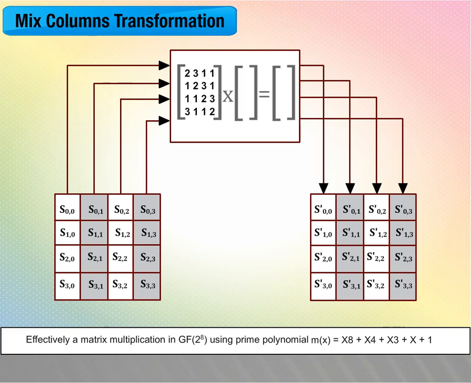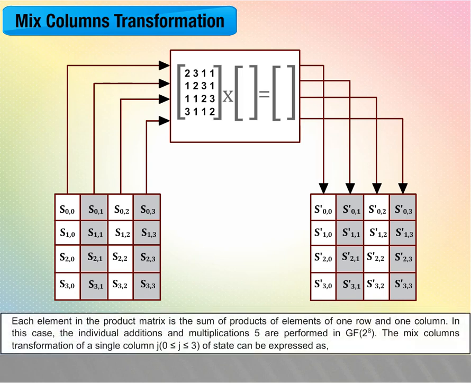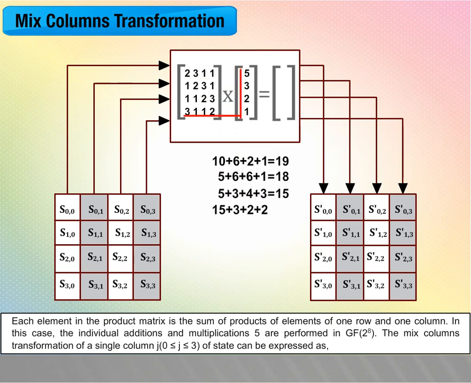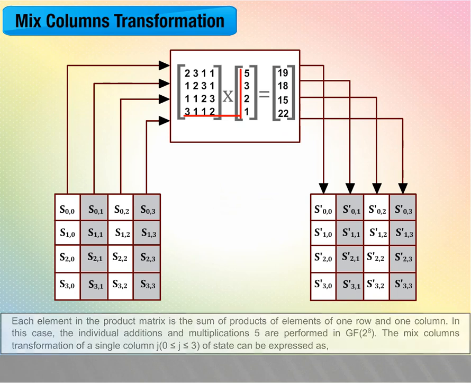Effectively, it is a matrix multiplication in GF(2^8) using the prime polynomial m(x) = x^8 + x^4 + x^3 + x + 1. Each element in the product matrix is the sum of products of elements of one row and one column. In this case, the individual additions and multiplications are performed in GF(2^8). The mixed columns transformation of a single column j, 0 <= j <= 3, of state can be expressed as: